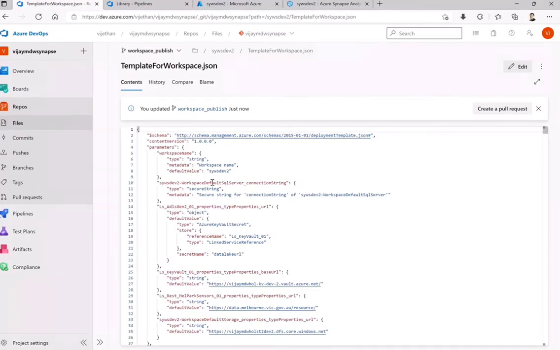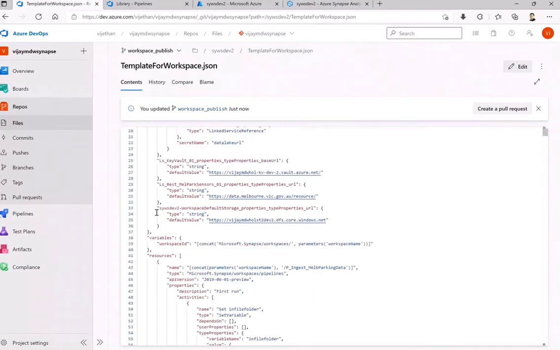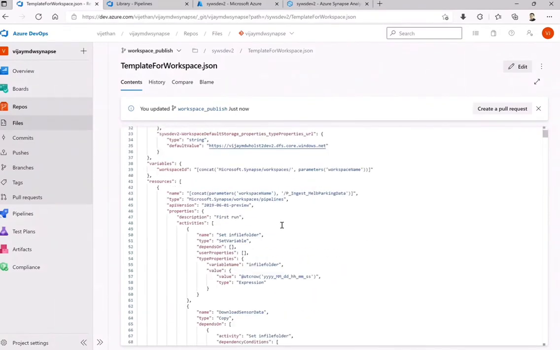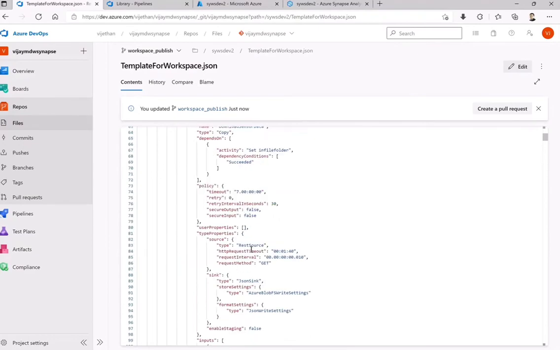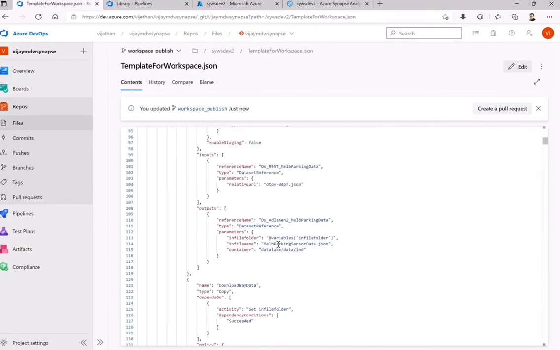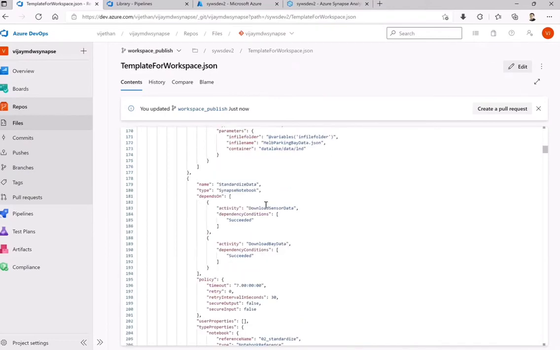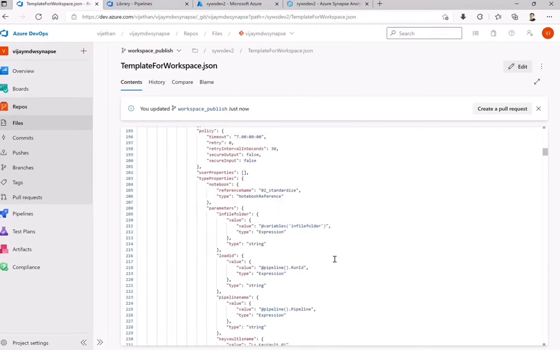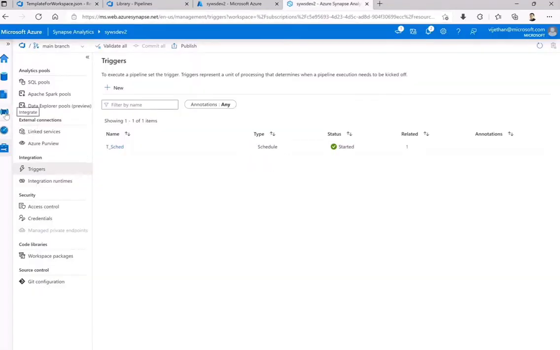So if you see, this is the workspace I have, and these are some linked services within that, and in resources you see the description I have. There is a first run. Okay, so while it applies to the other environments, it will apply that first run as a description for that. Let us check once we deploy it to staging and production. Similarly, it has notebooks, pipelines. So everything you are seeing here is everything which I showed you last time.